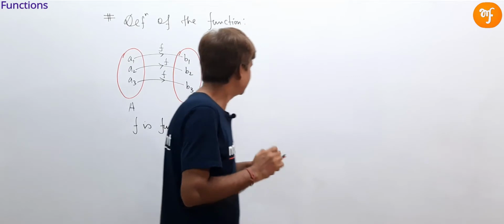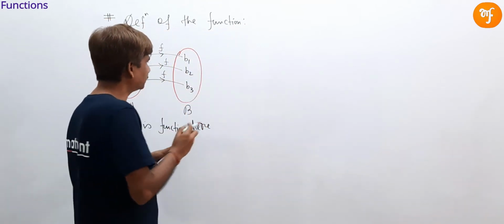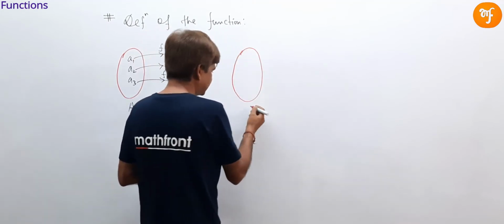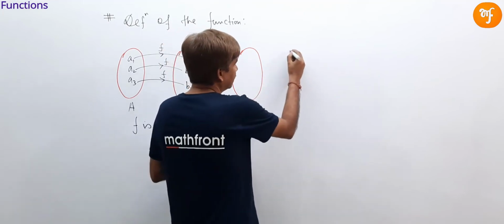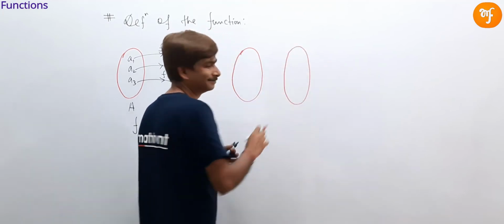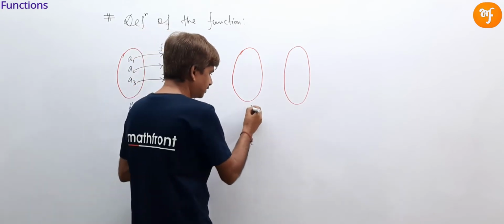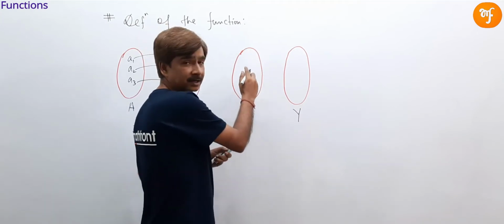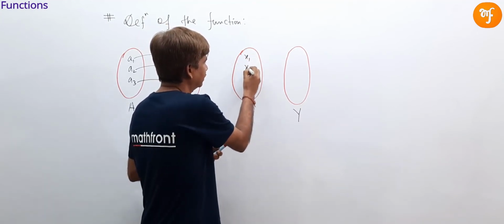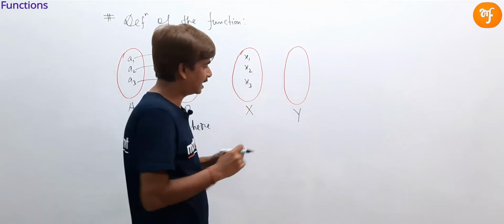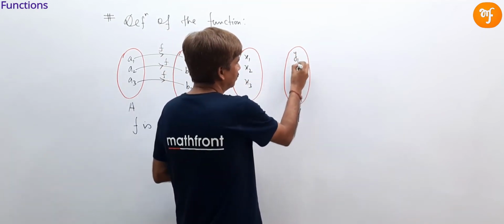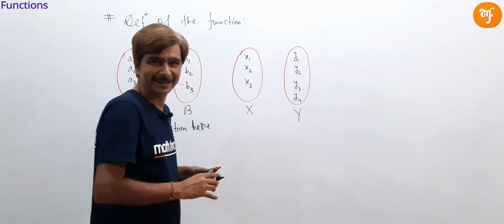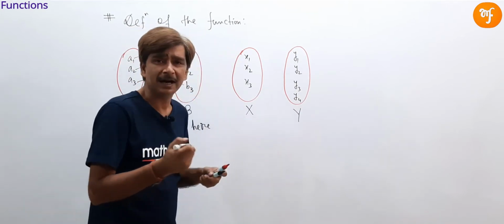Okay, so let us consider another mapping diagram. Suppose this is one of the sets and this is another set. Give the name of this set as X and the name of this set as Y. That is, the elements in set X are X1, X2, X3, and the elements of set Y are suppose Y1, Y2, Y3, Y4. Is it clear? Now, assume another relation, that is phi,